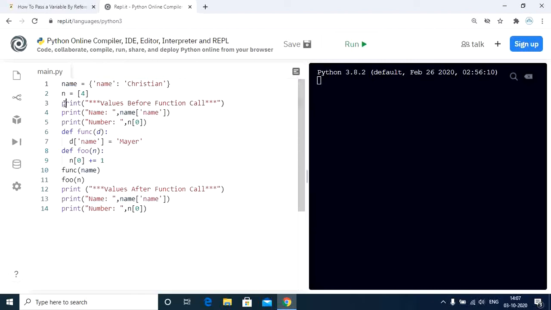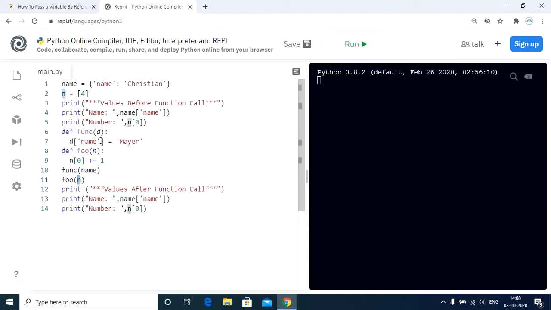Now as usual, we print the values before the function calls. Now we define a couple of functions by the name func and foo. Inside the func function, we pass the dictionary name, and inside the foo function, we pass the list n.